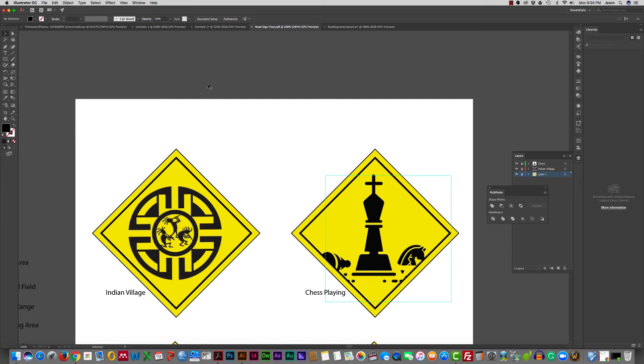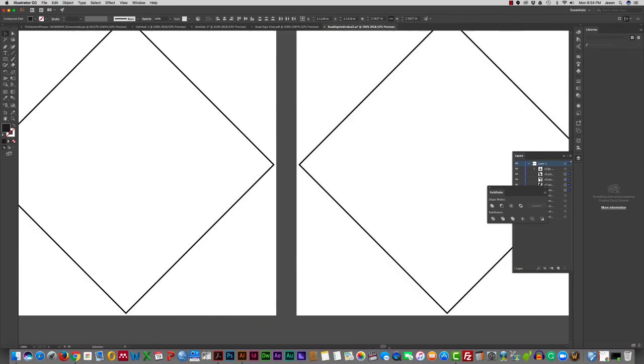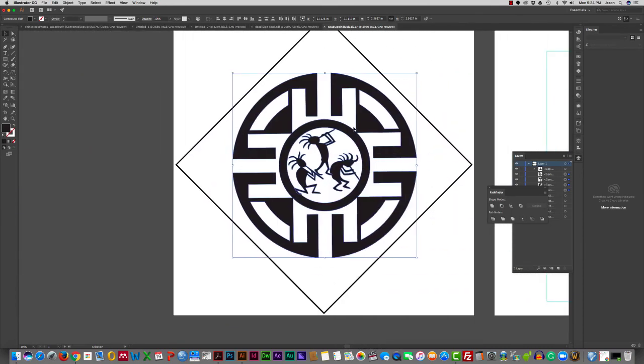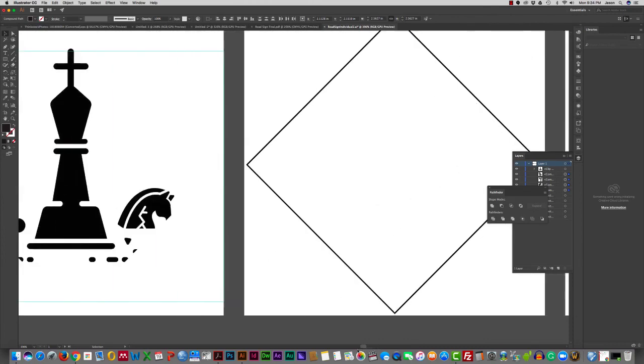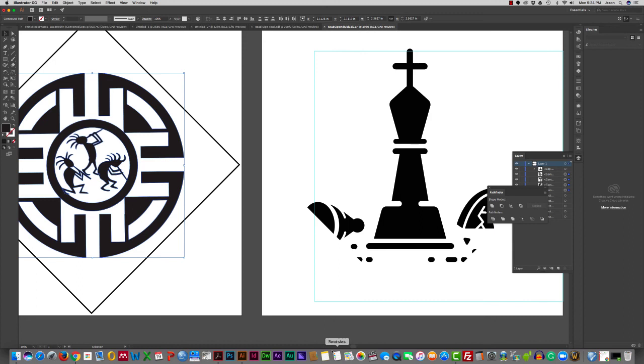All right. So that's just the gist of working with the two templates I've given you. You don't even need to create the artboards. If the artboards confuse you, then just save this road sign individual as Indian Village. Okay? And then go back to the road sign individual template and save it as the next one you're going to work with, so you just have individual pieces too if you get a little confused with them. I just like the artboards because it's one file, and then I have everything I'm working on. I can just kind of zoom through and then move them over when I'm done, okay, which is kind of neat. So anyways, we'll be working on this